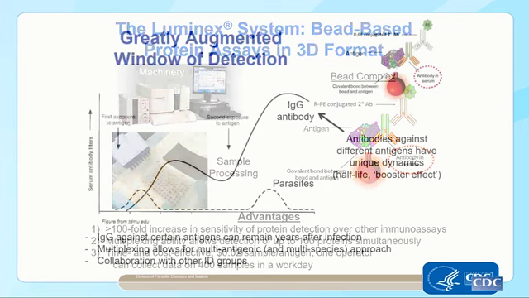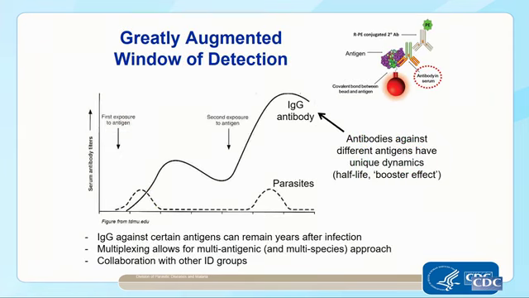So this again, just to give you some framework, when people are exposed to malaria, there is a primary immune response and a secondary immune response. This leads to different levels of antibodies, and the half-life or the memory of this response varies to different antigens, and one can try to incorporate more than one antigen, or multiple antigens, that